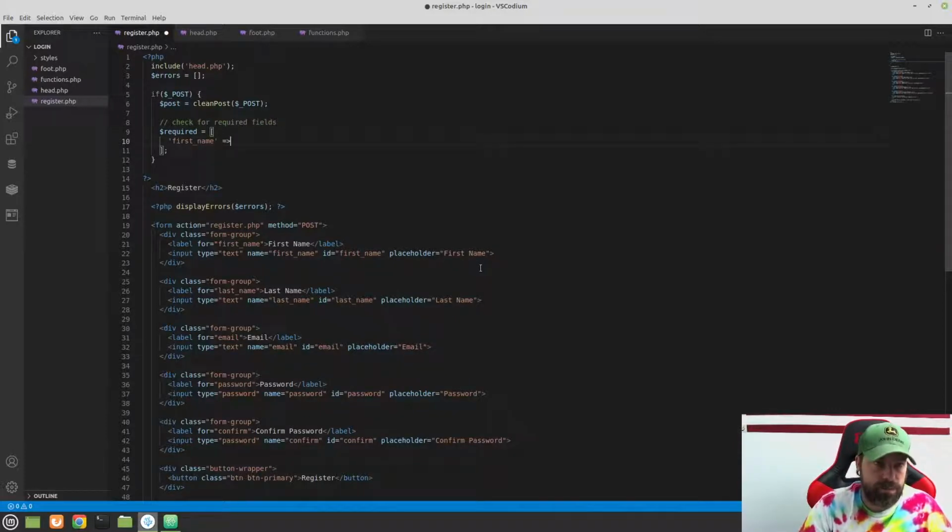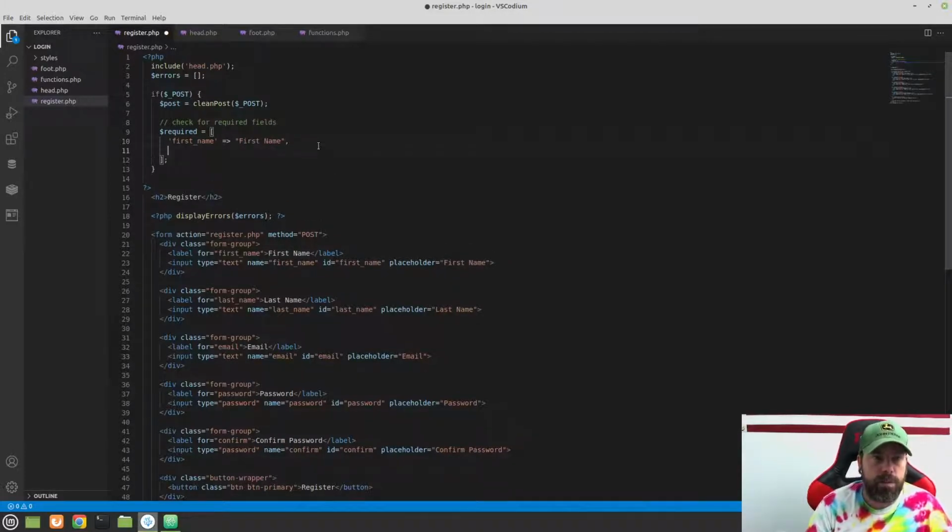Now we want to return a user-friendly message to read that says first name is required. So I'm going to define what I want it to be called right here. The key will be the field name, and the user-friendly name will be the value of this field. And we're going to do this for each one of our fields. And what we need to do is make sure that the keys here match our IDs and names of the actual